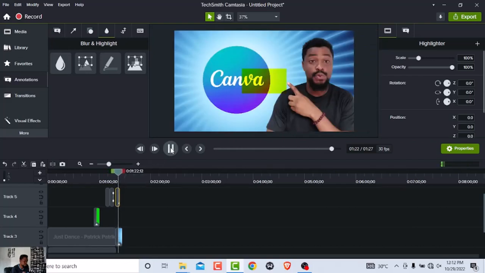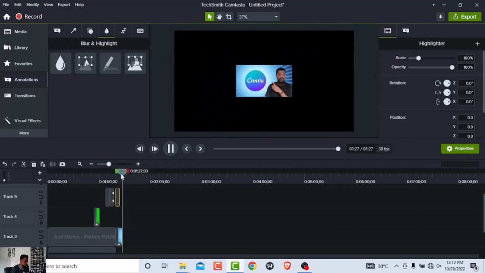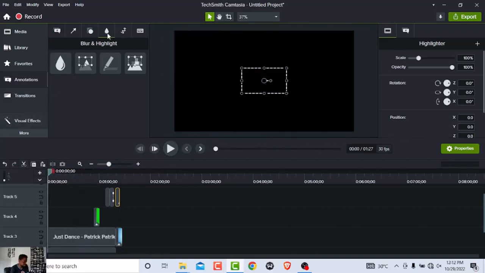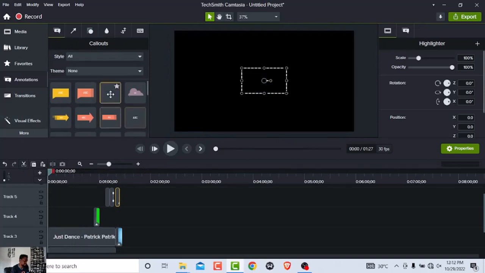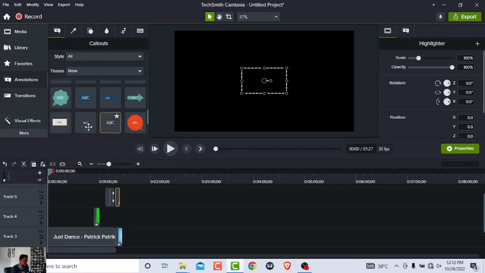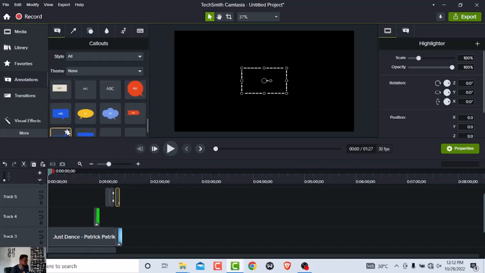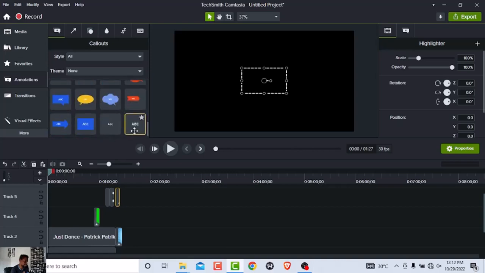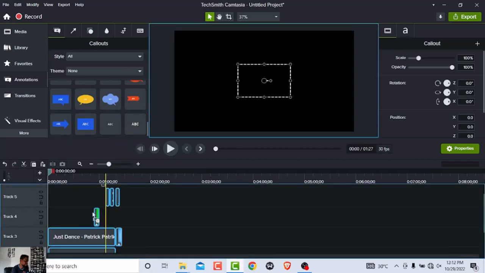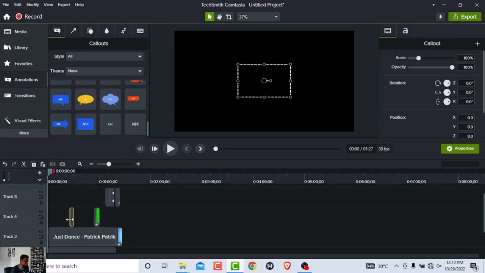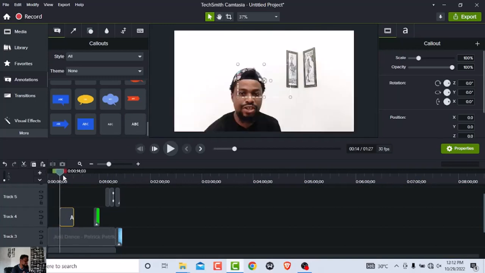So as you can see, you can make it any color you want, but I don't really want to do anything with that. So now let's say we want to add text and add a behavior. You can add different kinds of callout text here. If you want to add text with a border, you have to select one of these that comes with pre-made borders. Or if you just want to add text without a border, you can just drag this text and put it right here. So you can extend the duration of this text,